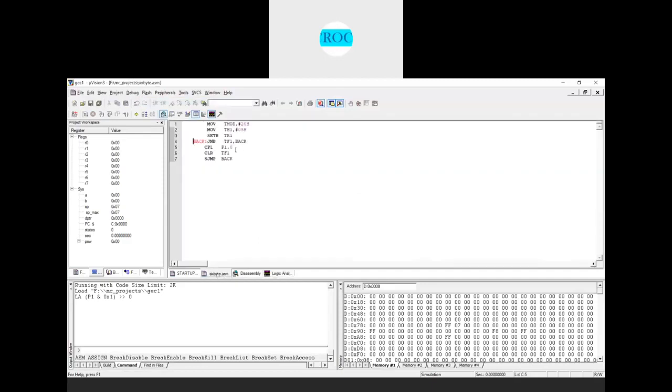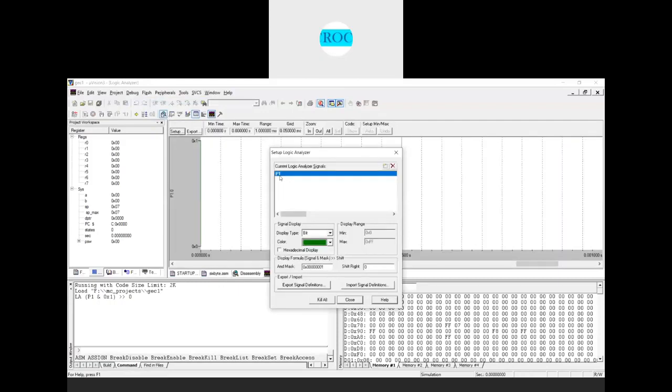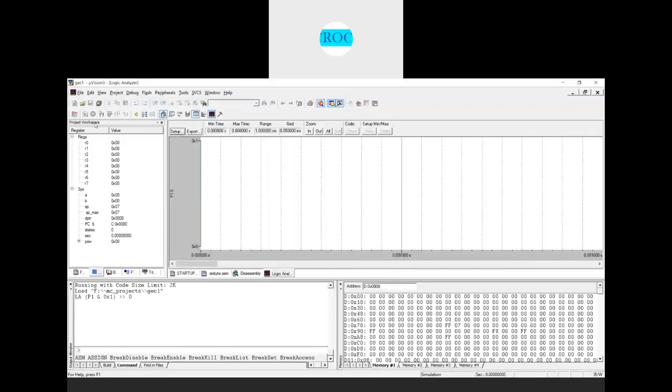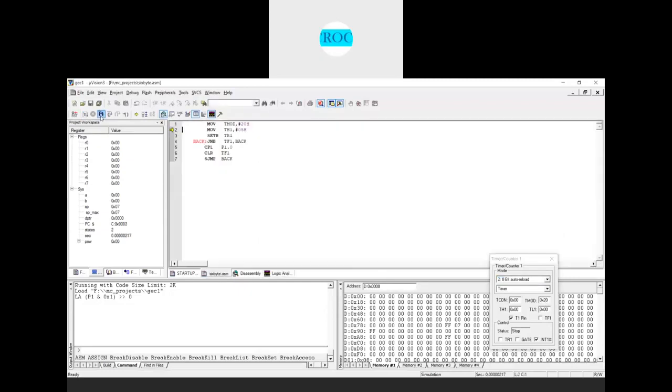If you see what we have, it is P1.0, and we already set that P1.0. This is the bit we have. Now run this program. You can go to the peripherals and see that timer 1 is selected to operate in mode 2. The T mode is set, and the timer 1 value is 0 now. Now execute, so that you can see what we have.